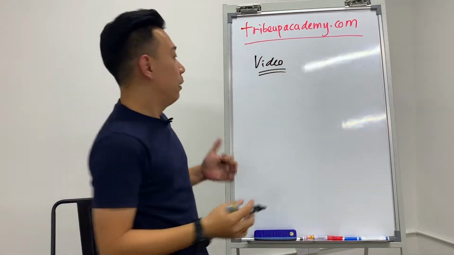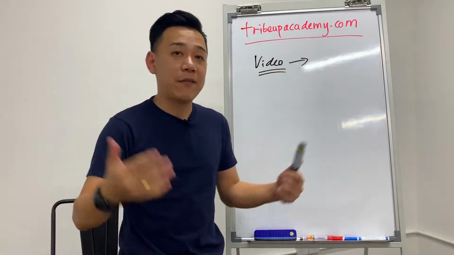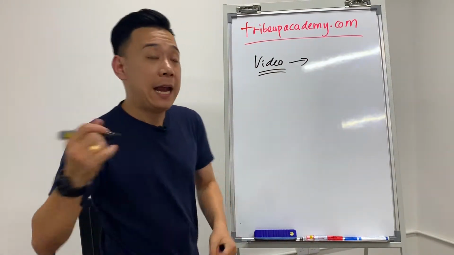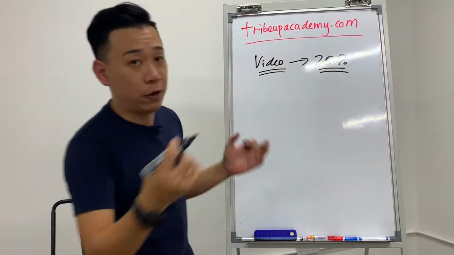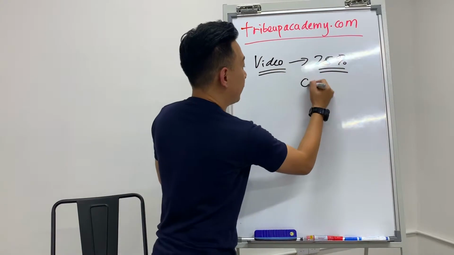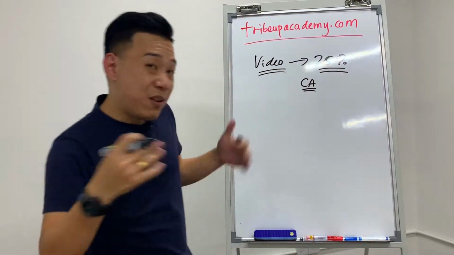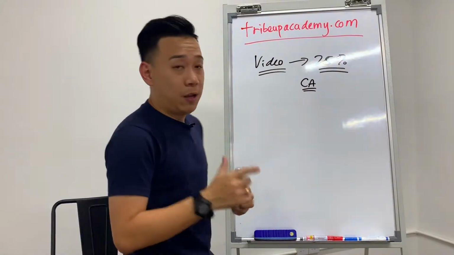Okay, and then you try to run advertisement on this video, or you can actually do live share with other people about this video. Then you group your audience by 25%, people who watch your video up to 25%. Okay, up to 25%, and then you create a custom audience out of it. Now, there are many ways of creating custom audiences.